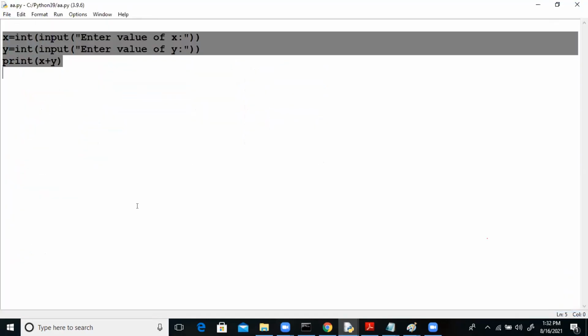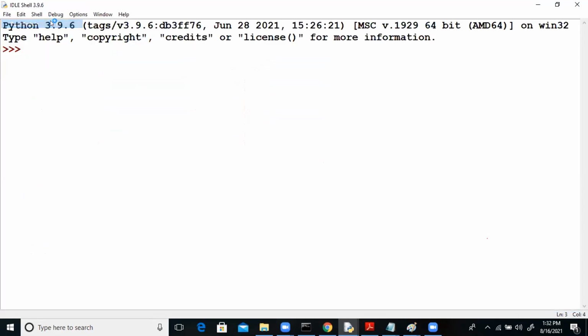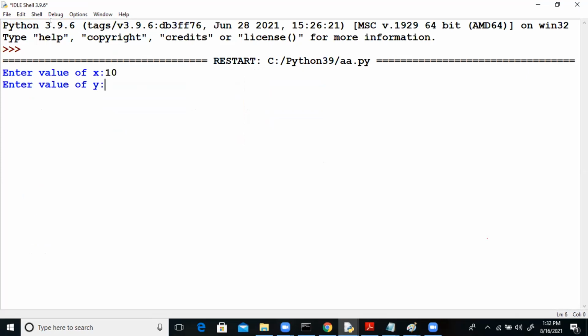Save as rename.py. Here the run option is there. Run module. Enter value of x 10, enter value of y 20. Sum is